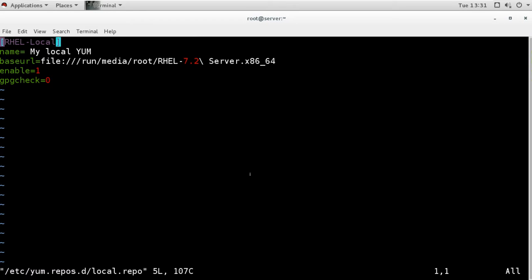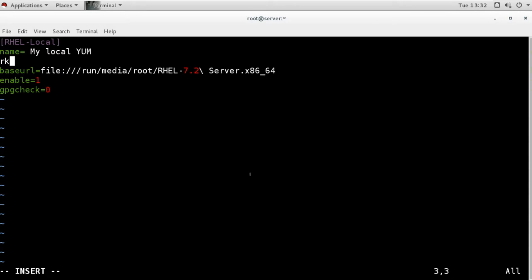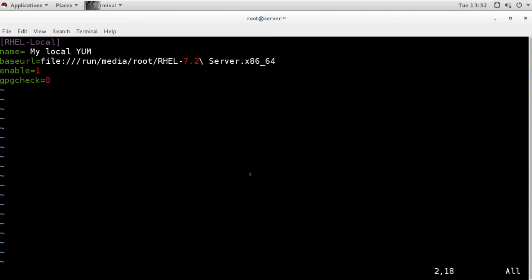Now I will change this from RHEL local to local network yum server.